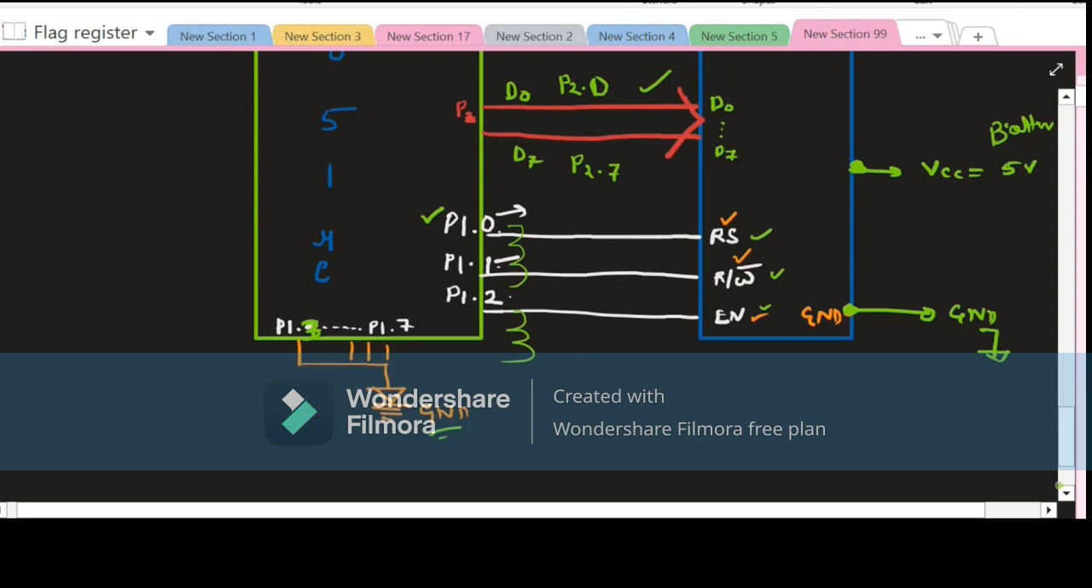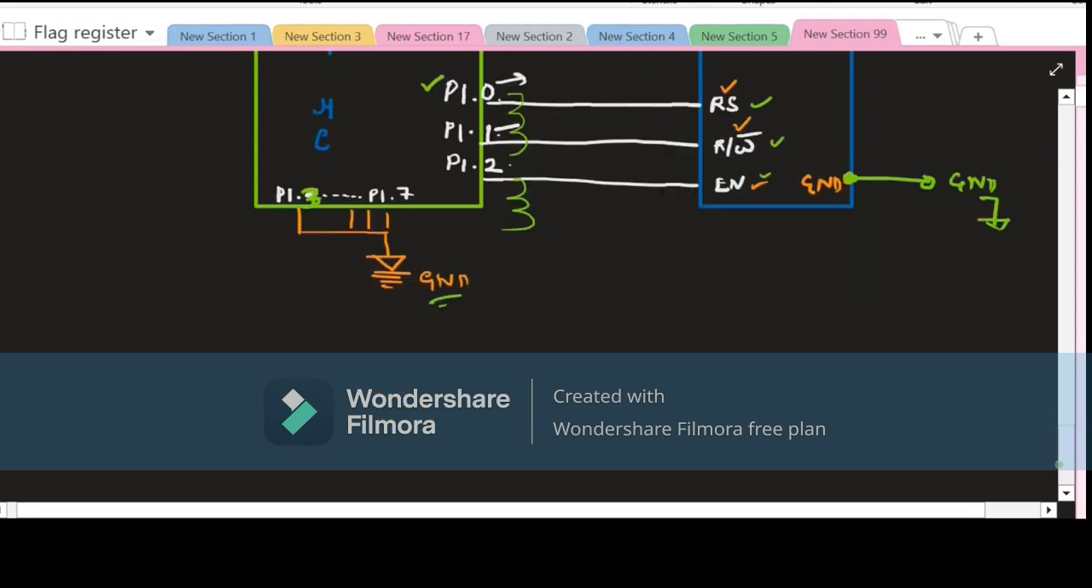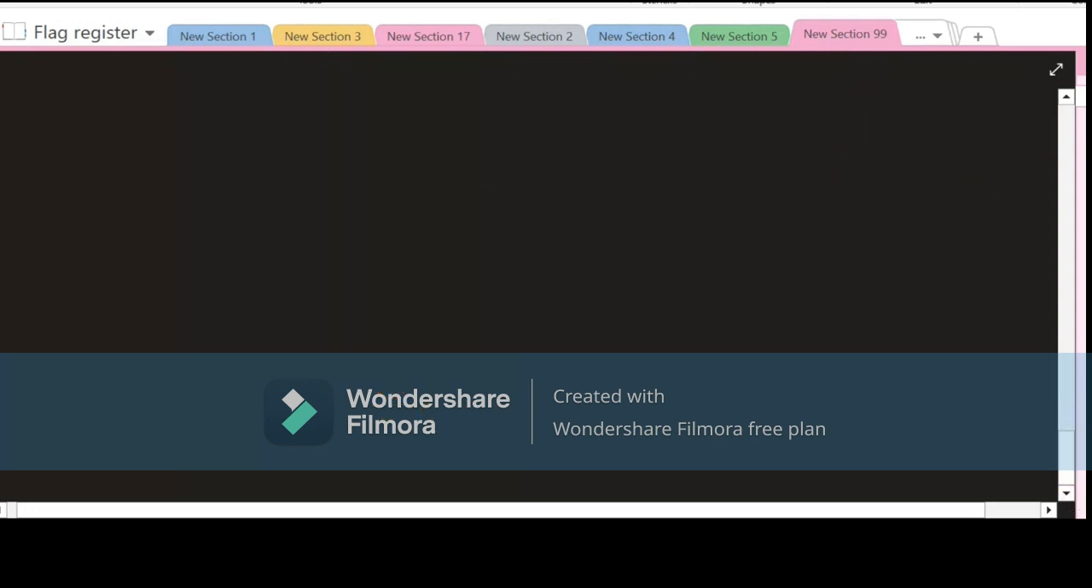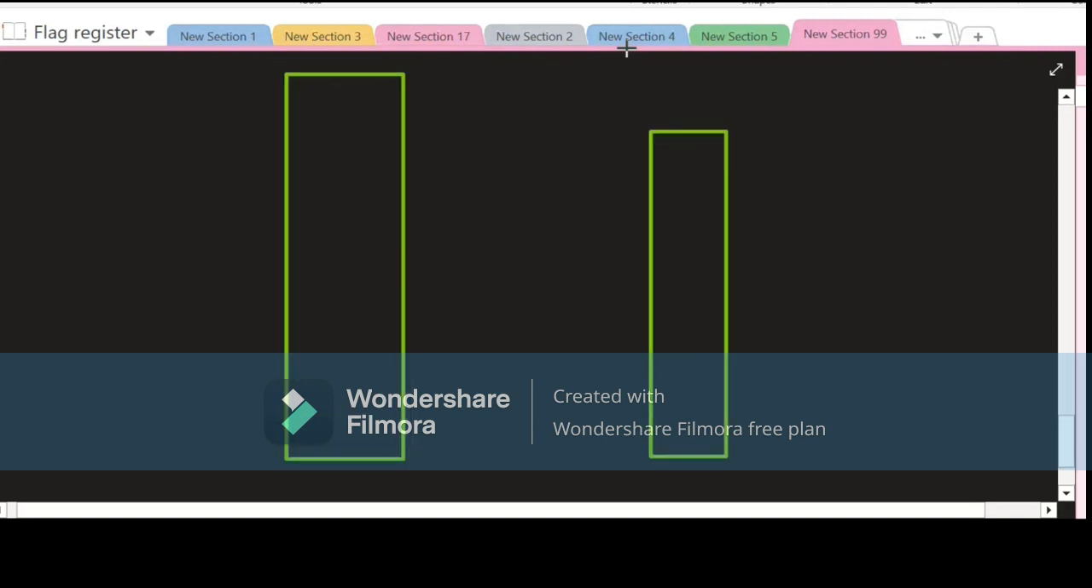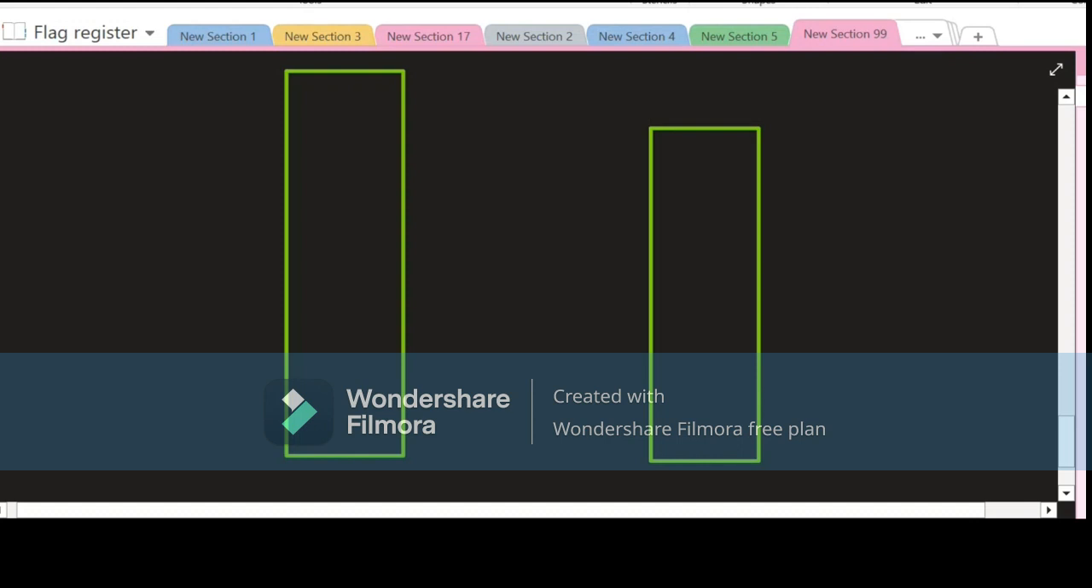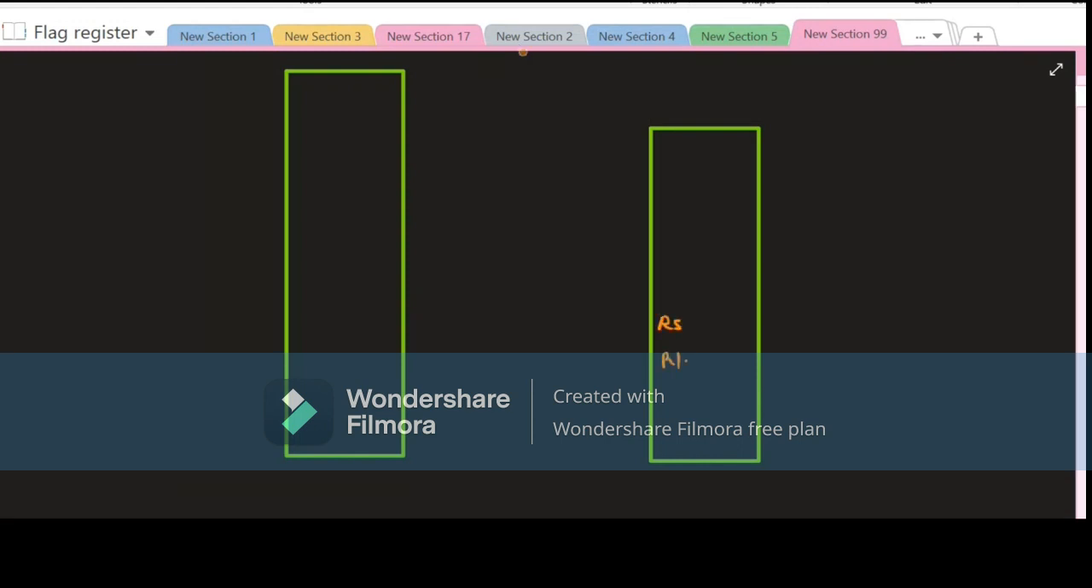So now I'm going to draw this diagram again for you all, because now, sir, we are very much clear. Now see, I'm just drawing. This is our microcontroller, sir, and this is our LCD. First of all we will draw. There is one pin, the RS pin. There is one pin, the read/write pin, and there is another pin that is called the enable